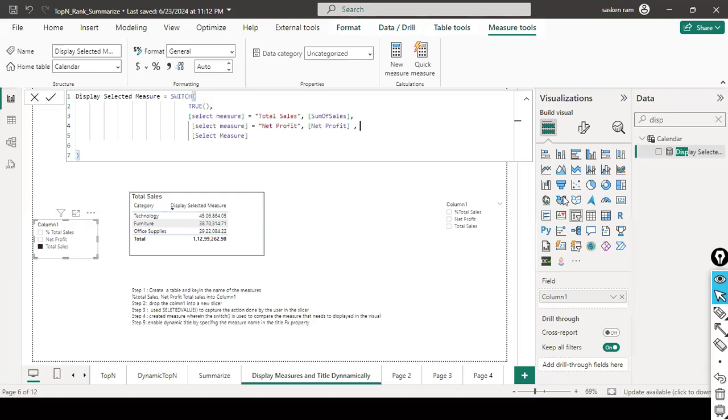That is an assignment. Give it a try. I could see that none of you have given it a try. Don't underestimate